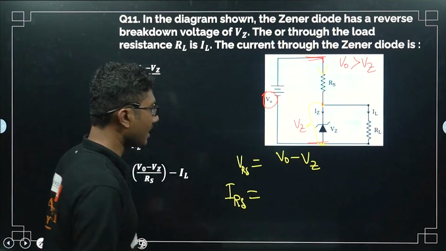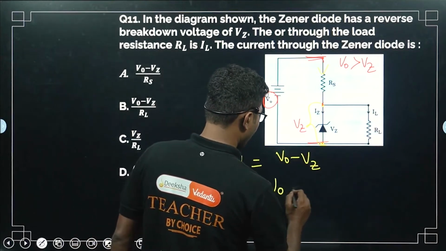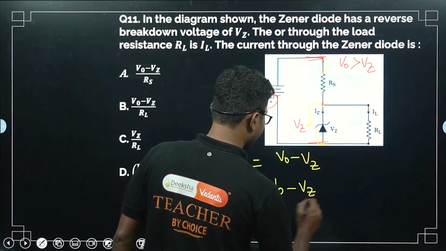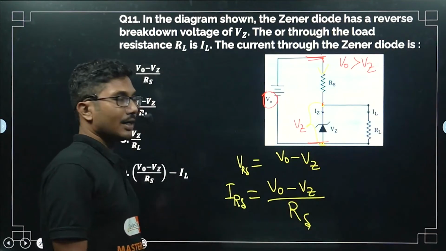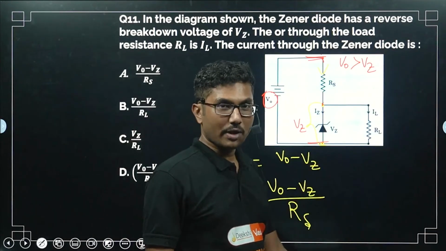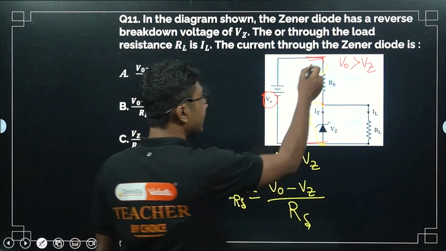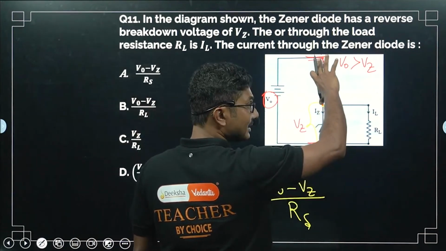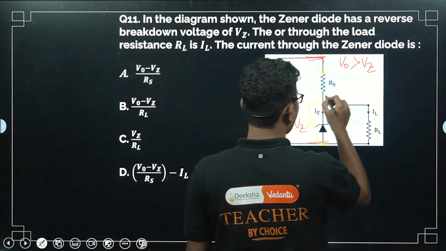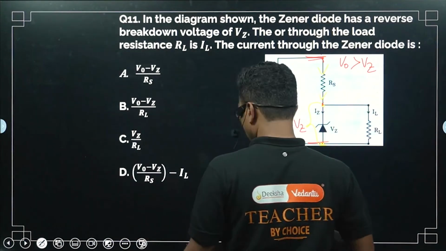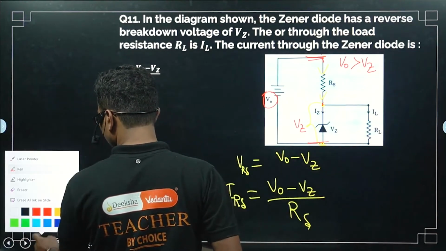IRS is given by (VO minus VZ) divided by RS, right? Voltage divided by resistance is the current. V is equal to IR, right? So the voltage across any resistance divided by its resistance gives the current through it. This is the current. We are calling it IRS,